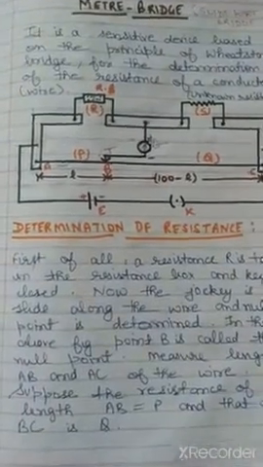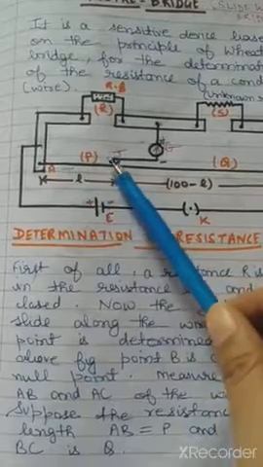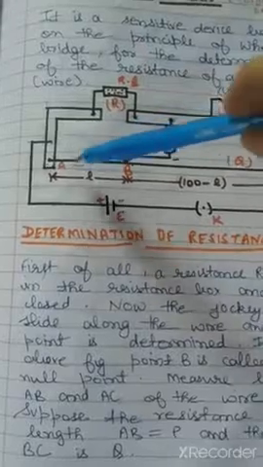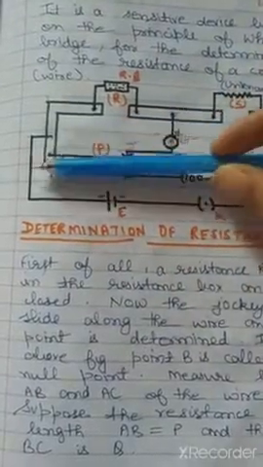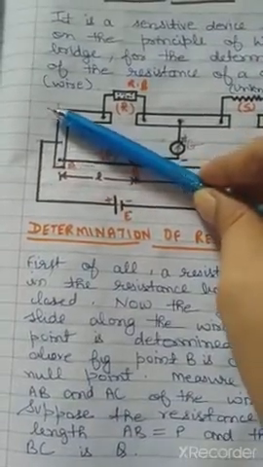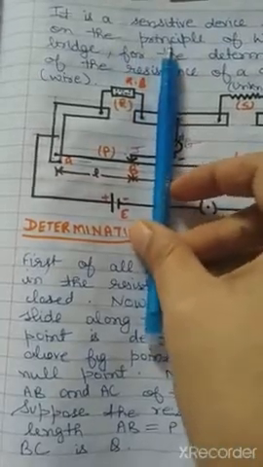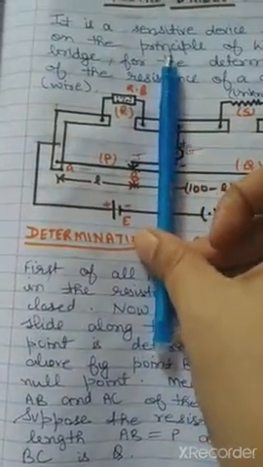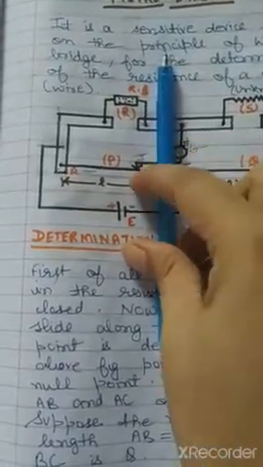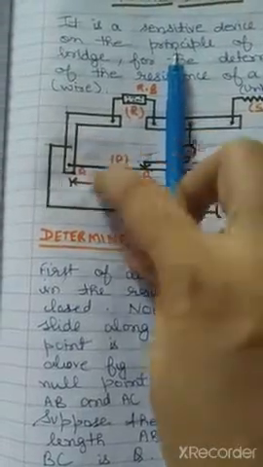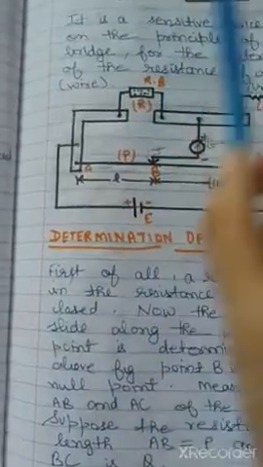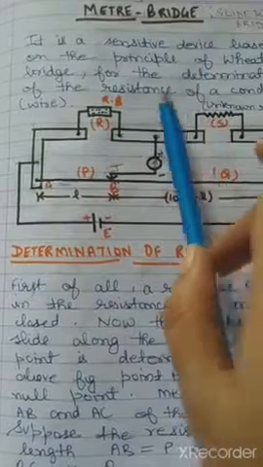Clear? Now when you remove the 1 ohm plug and you start touching on this wire, starting from 0 and moving this jockey along the wire, the deflection of the pointer of the galvanometer will go like this, and suddenly when you increase it, it comes like this. So that is the condition of null deflection, where it is on the 0 of the galvanometer. At that point you will stop, and then you will note down the value from 0 to this point. This will become your L, and then 100 minus L will be on the other side. Clear? So this is what you have to do for finding the null deflection.